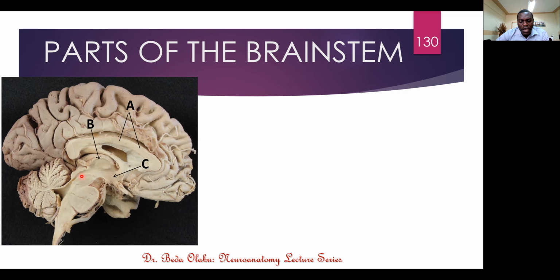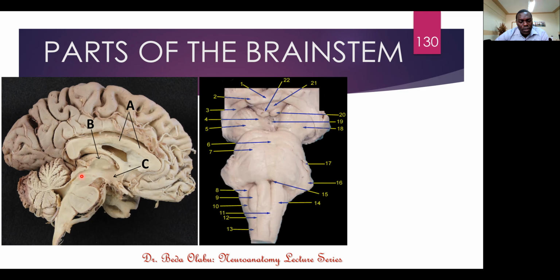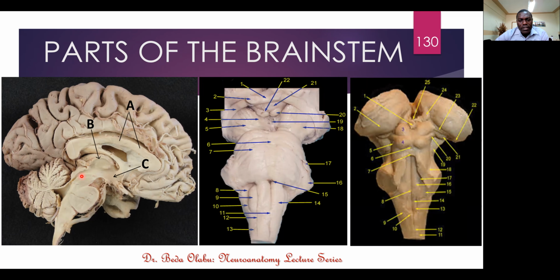Okay, maybe before I go to the other parts, let me conclude midbrain in terms of its anatomy. So ventrally, this is how the midbrain looks like. This region here is midbrain. There's a region in the midbrain here, which is a depression. And there are these two ridges, which we call peduncles. Cerebral peduncles